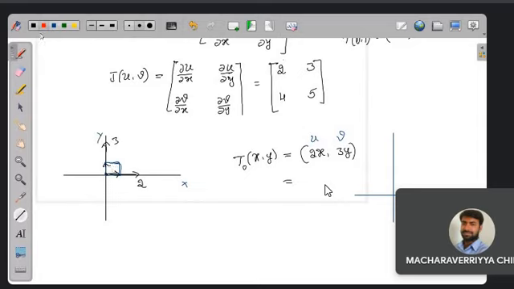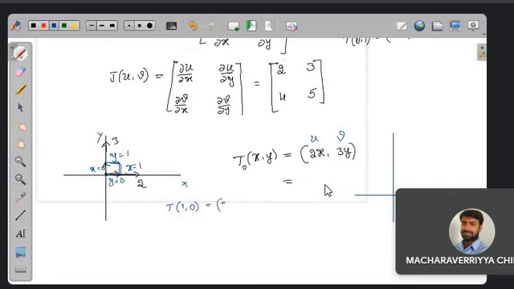So now if you see the boundaries, the boundary lines are nothing but this is y equal to 1, and this is, sorry, x equal to 1, and this is y equal to 1. Right, this one is x. And similarly, this is y equal to 0 and x equal to 0. You can see it here. And if you see image of these line segments under this mapping, this x equal to 1 will be mapped to x equal to 2. What I mean, you see what is the image of